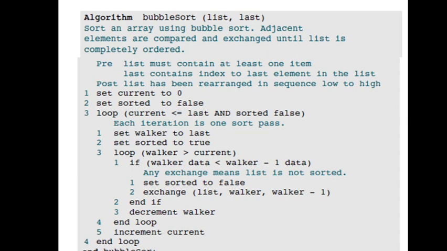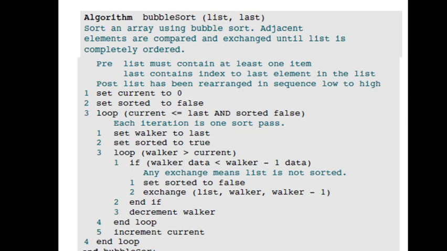Actually this algorithm sorts the numbers from the end of the list, not from the beginning. It is doing it in reverse order, but I demonstrated it starting from the first number. So you can understand that the algorithm is doing it in reverse order. So the Walker data is compared with the Walker minus 1 data.